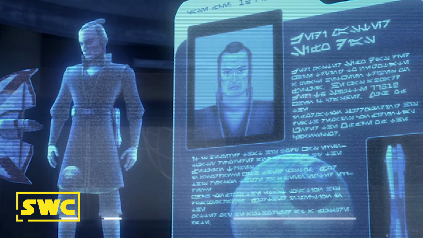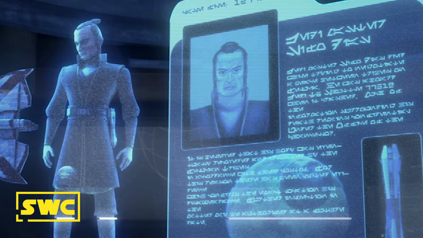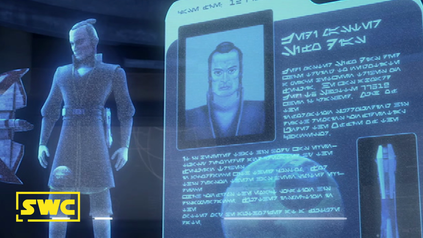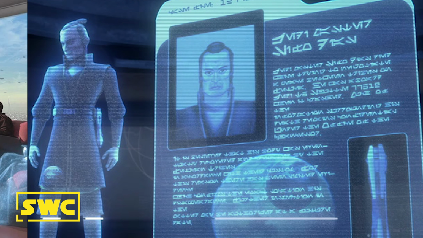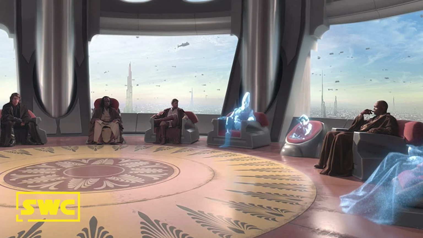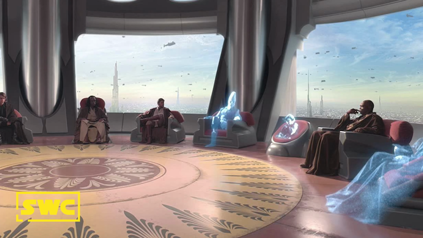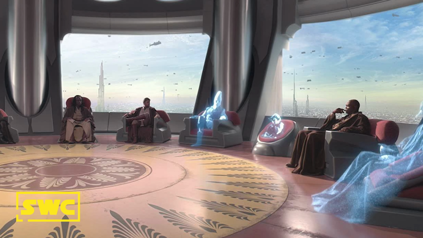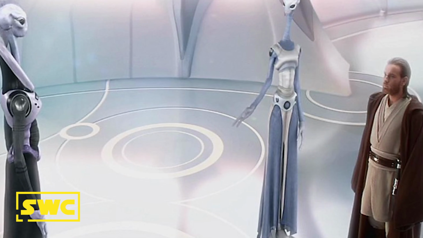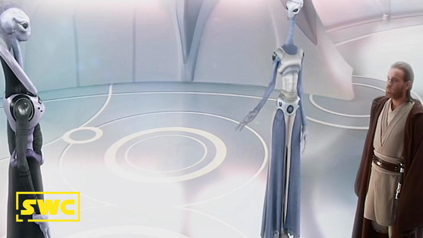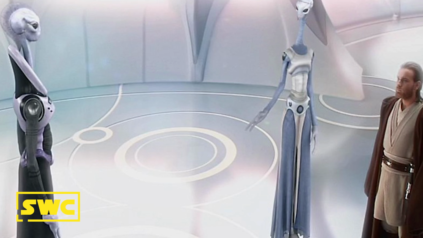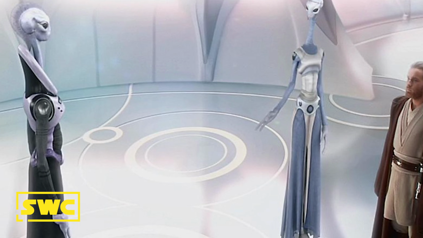Many years before the events of Episode 1 take place, Jedi Master Sifo Dyas commissions the Kaminoan cloners to create an army for the Republic. However, the Jedi Council and the Galactic Senate did not feel the same and shoot down his request to create an army. From there, he goes to the Kaminoans in secret and commissions them to create this army, saying that he has the backing of the Jedi Council.